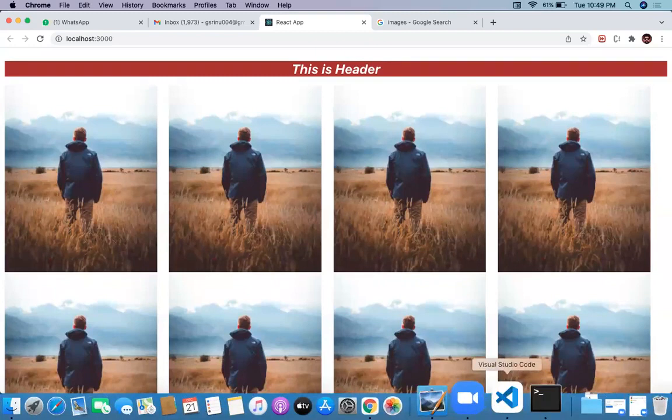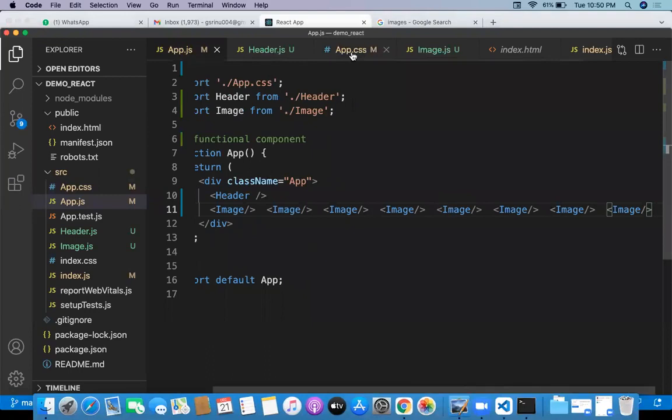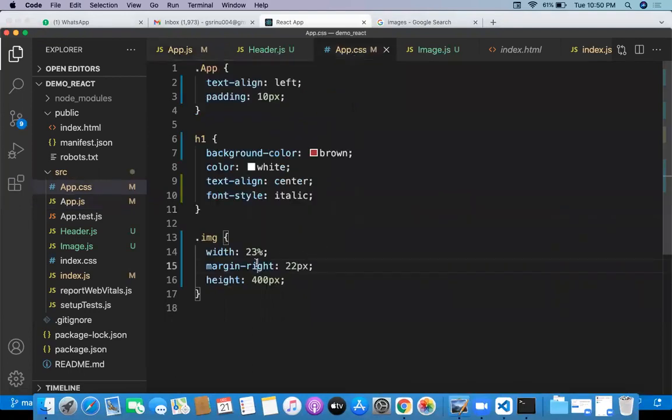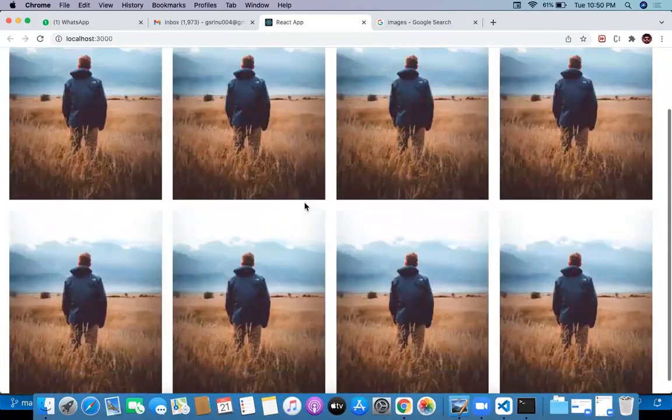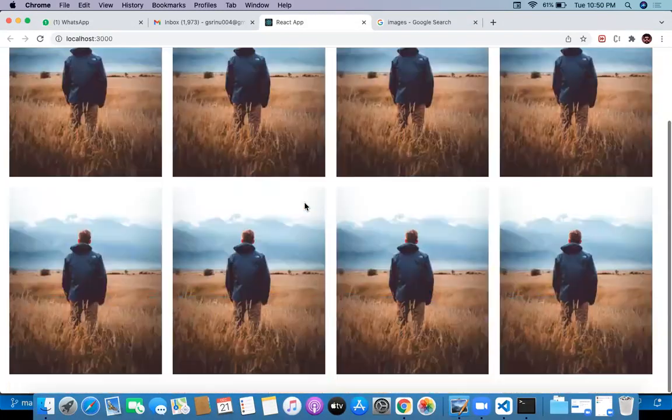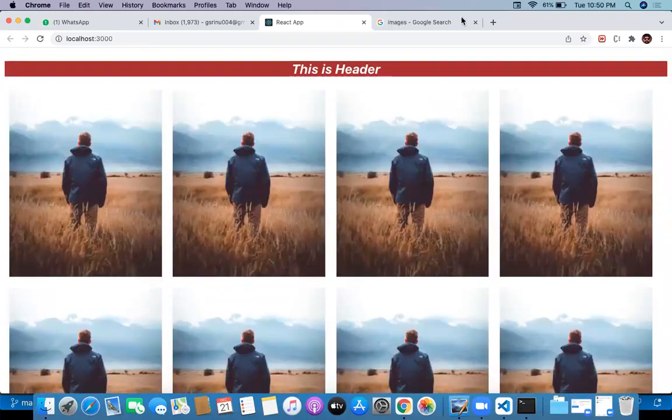Margin right, no. Instead of giving margin right, I will take margin on all sides, 10 pixel. If I say margin all sides 10 pixel, it is making it good, I think. Yeah, this is nice now. I thought you got to understand how the